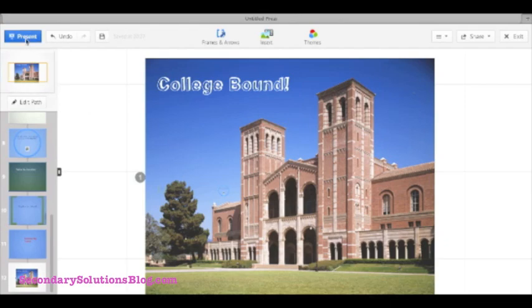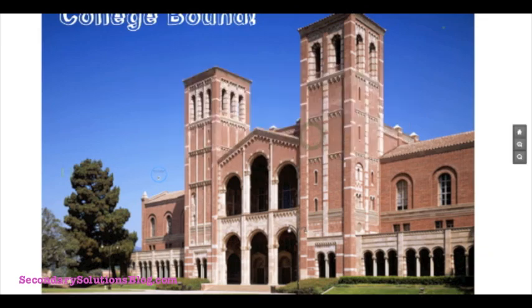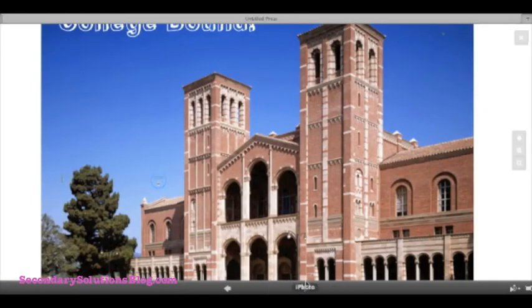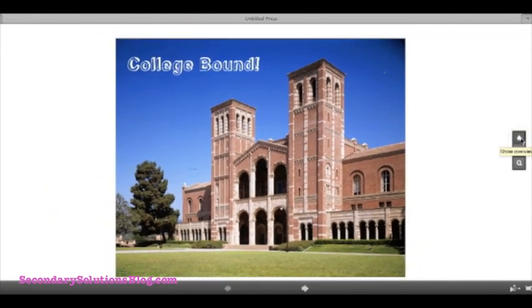So I click this present tool up here. It's going to go full screen again, but I'm going to make it a little smaller. Hopefully we can see it all. If at any time you're doing your presentation and it's not starting in the right place, just make sure you hit the home button. So I have my big picture about students being college bound, and as I click through my presentation,